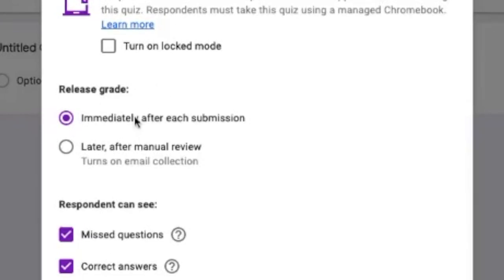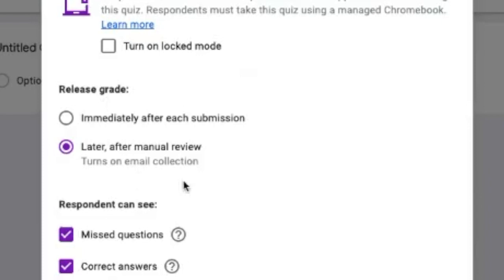So after they've submitted their quiz, it will automatically mark it and tell them what they've got, which is lovely and quick instant feedback. It will also tell them the correct answer to the ones they got wrong, and you can build feedback into your quiz, but it's not something that you have to do. So one option is, yes, immediate. If there are going to be questions you would like to mark after they've handed it in, so for example, if you've added open-ended questions, which you're going to need to manually mark, then choosing a later after manual review,